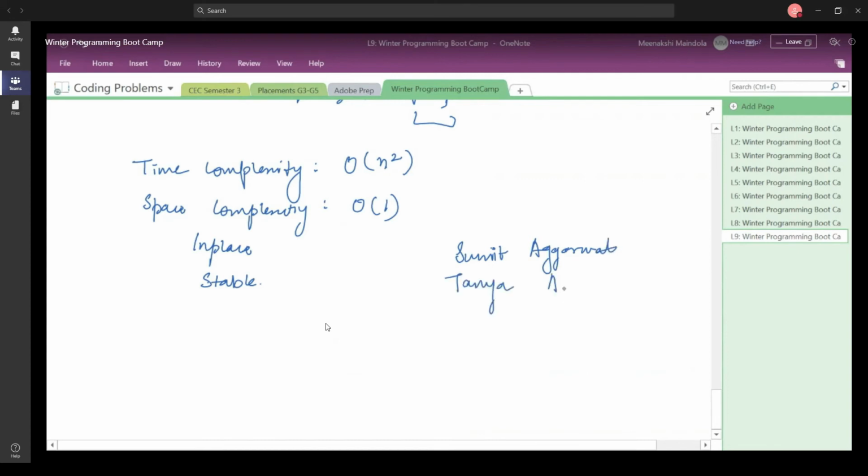But now you see, in Sumit Agarwal, the spelling of Agarwal is double G, while in Tanya Agarwal's name, the spelling of Agarwal is going to have only a single G.